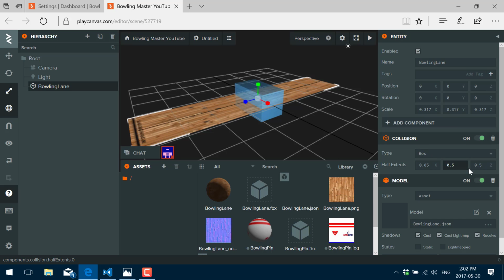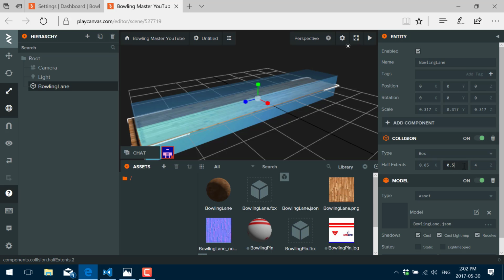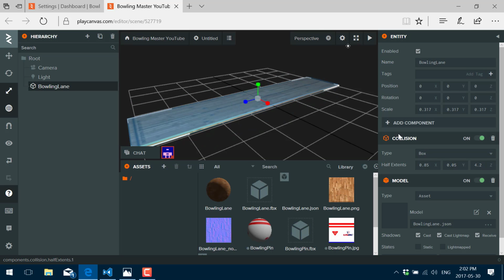So we're good there. Now let's do Z, actually properly do Z this time. So 3, not enough, 4. Getting there, 4.2. Yeah, we're good. All right, and then Y, we need this to be minuscule. We'll make it 0.5. Looks like we could use a little bit more here. All right, so there our physical shape basically encompasses our bowling lane, which is where we want to be, and